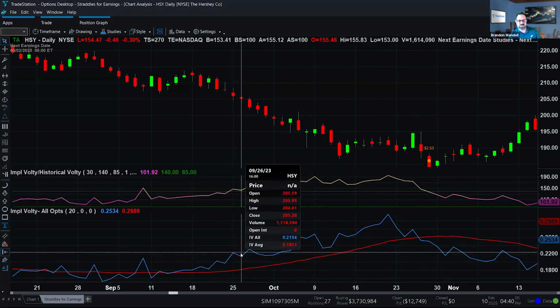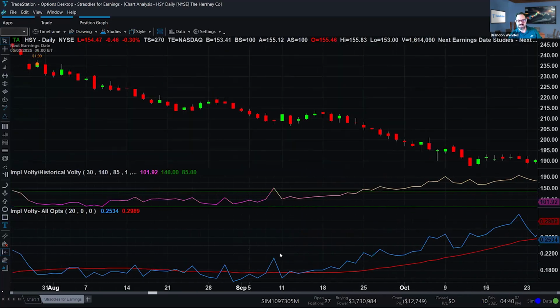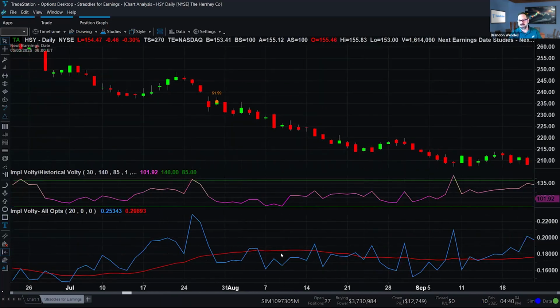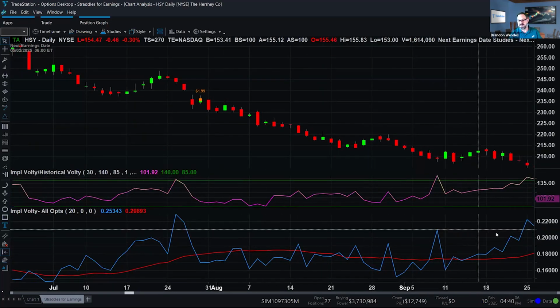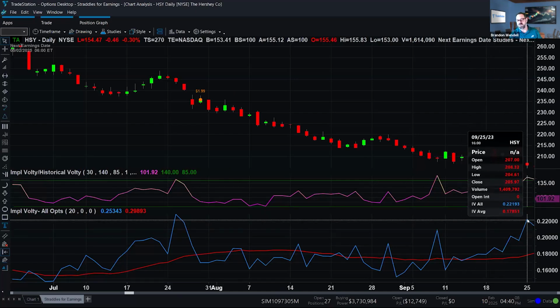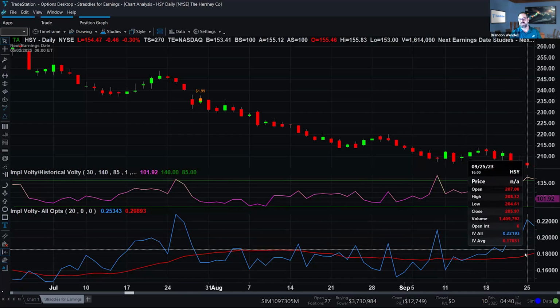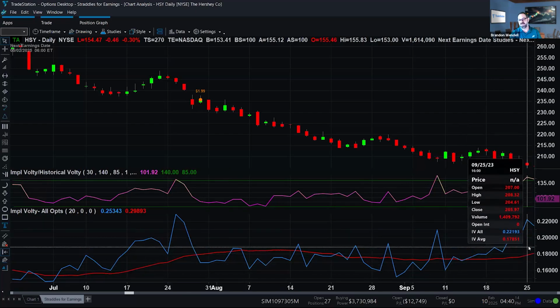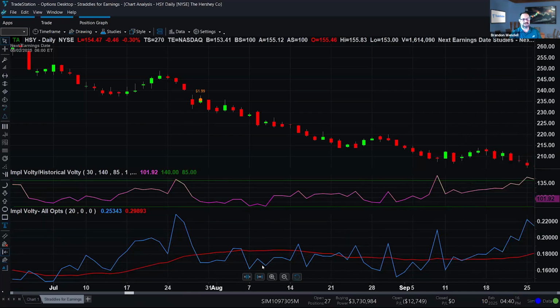Because this was a little too high. When you're looking at volatility like that, one month before the earnings, I would not want to get in because we're well above the average already. So we want to catch it near or below the average. So we would have to get in back there. But let's just call it 12 points of volatility on average. That's the increase that we should experience.